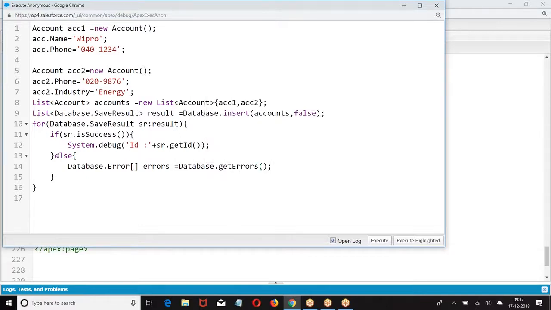If it is success, get the ID. If it is failure, Database.getErrors. If it is success, get the ID. If it is failure, get the errors. Get the list of errors. Take one by one error.